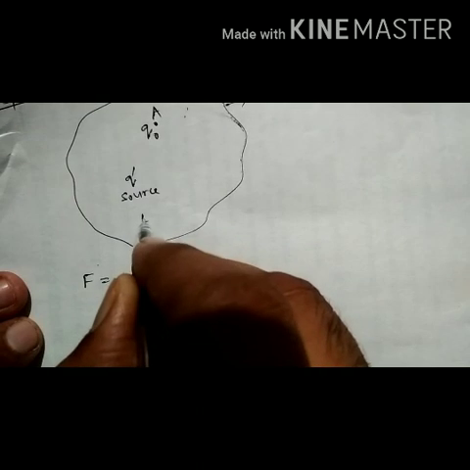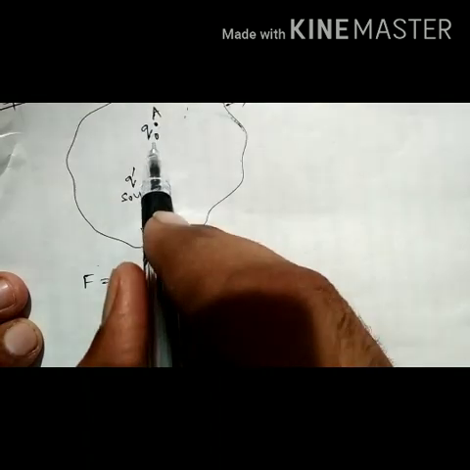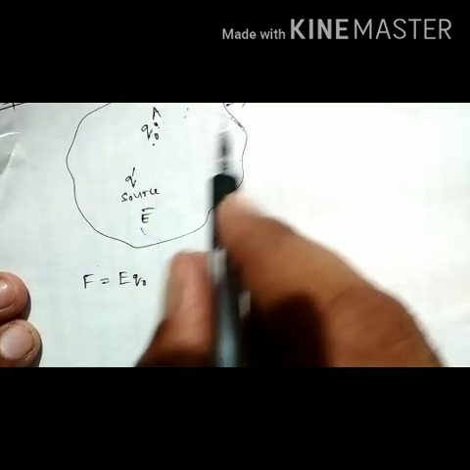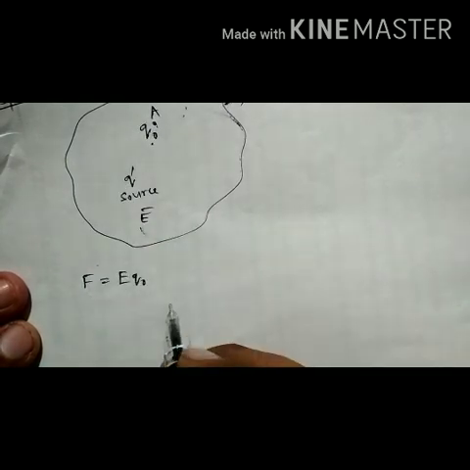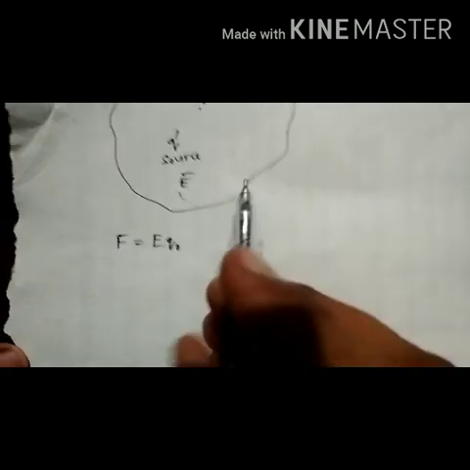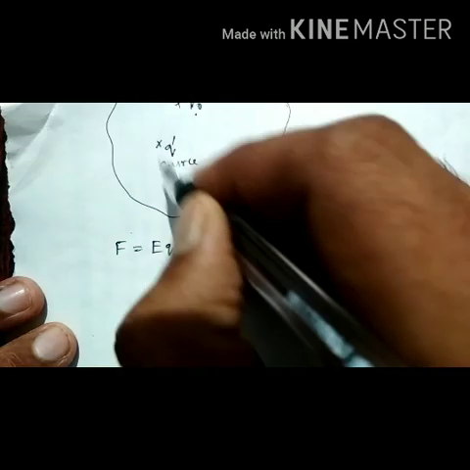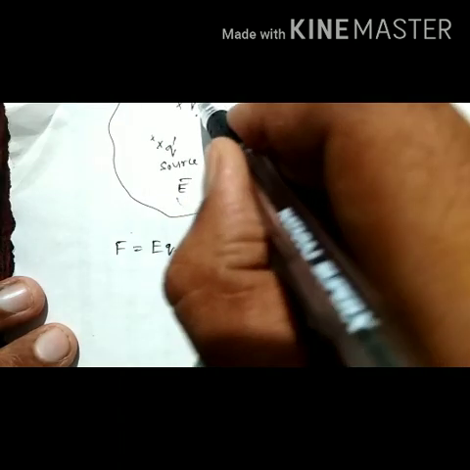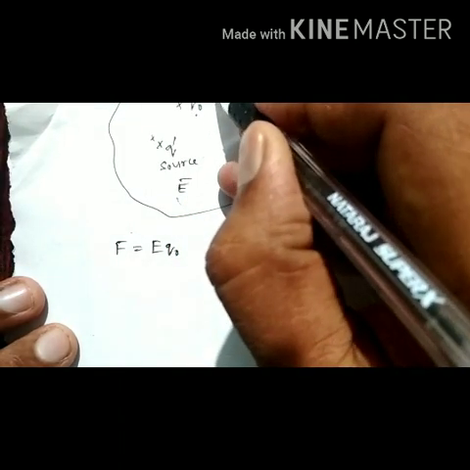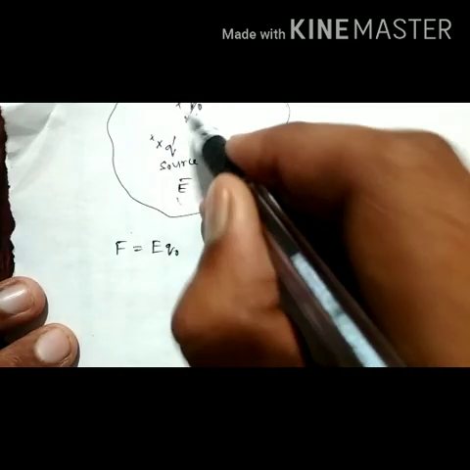So what is the force experienced by this charge? The force experienced by the point charge Q0 at point A in the electric field due to the source charge Q dash is F is equal to EQ0. Let us consider these two are positive charges, or one is positive and the second one is negative. Due to this force, the charge will either move along a straight line away from the source charge, or towards the source charge.